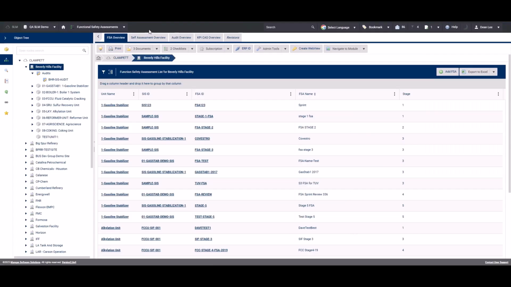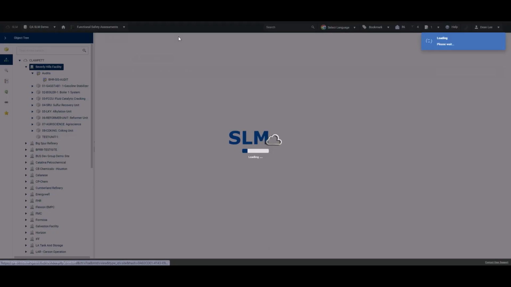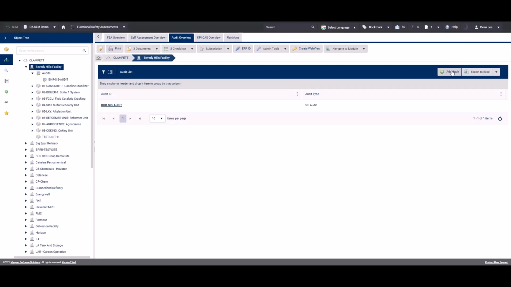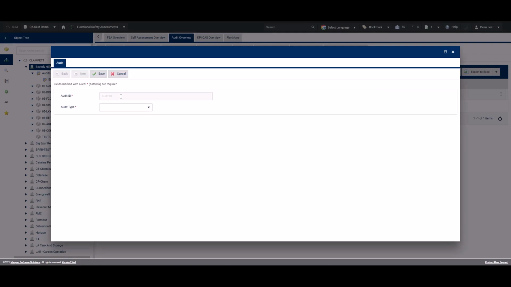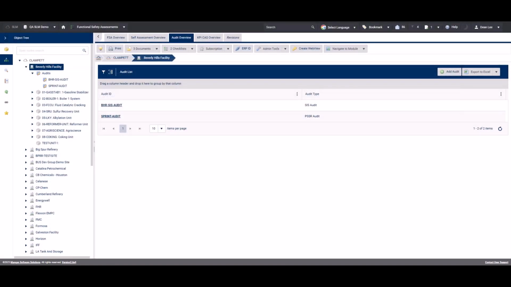So if we now come to the FSA module, we come to the site level and we come to the audit overview template. If we click on add audit, we can add an audit ID. We'll go sprint audit, and then we can choose an audit type, either a pre-startup safety review or a SIS audit. So let's go with PSSR audit and click save. If we refresh SLM,